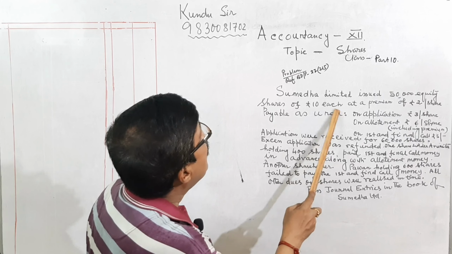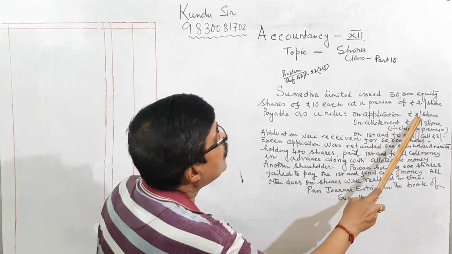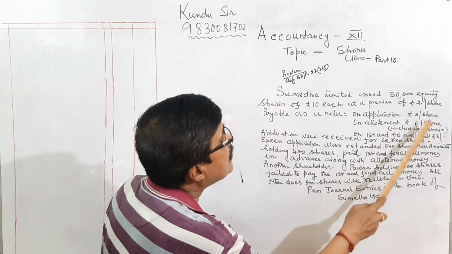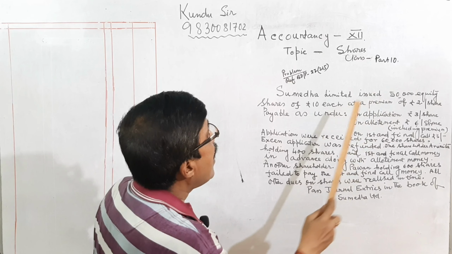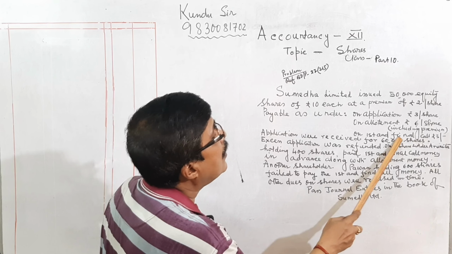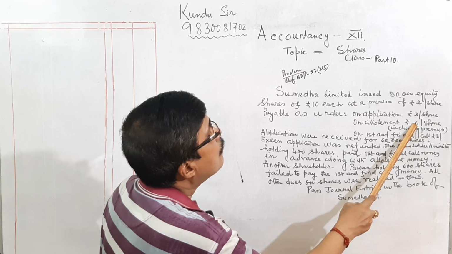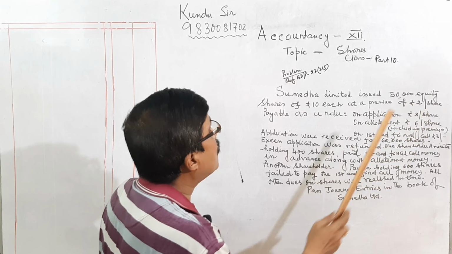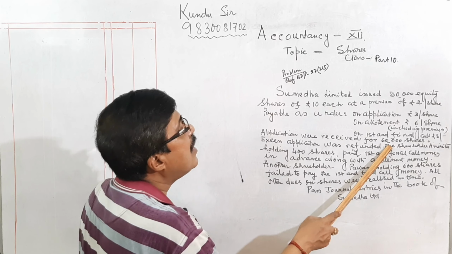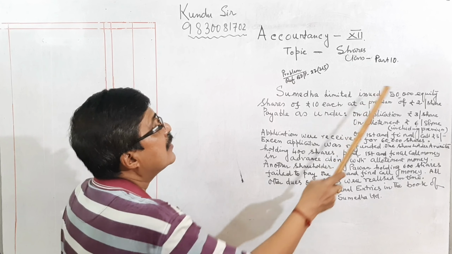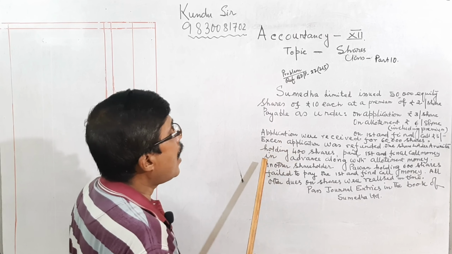The face value is rupees 10 each at a premium of 2: on application 3, on allotment 6, that is 3 plus 4 plus 2, and first and final call is 3, that means 3 plus 4 is 7, plus 3 is 10, plus premium 12. Applications are received for 60,000 and the excess applications, that is 10,000, are refunded. So now